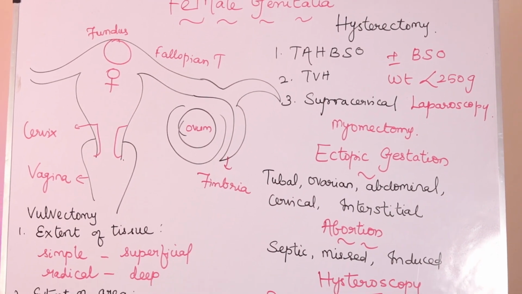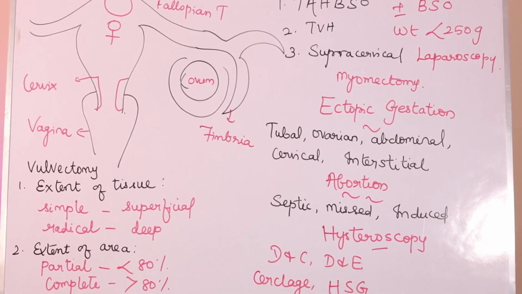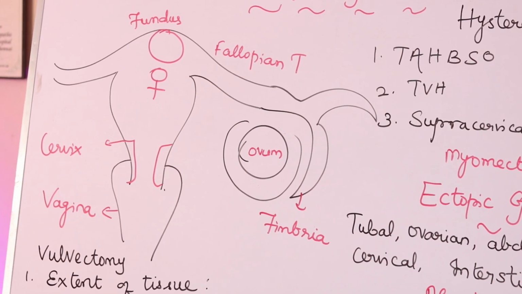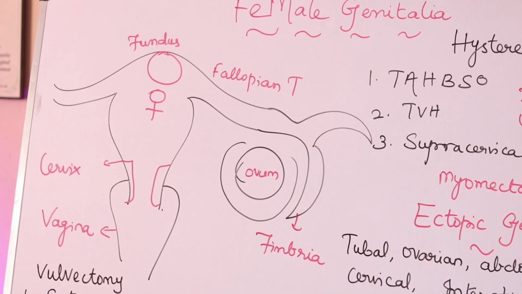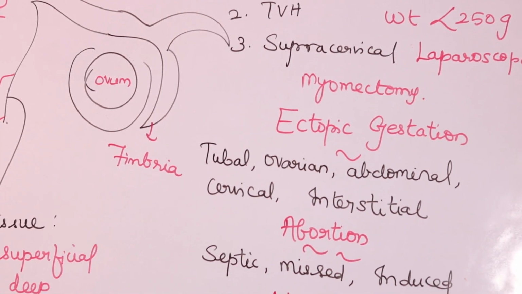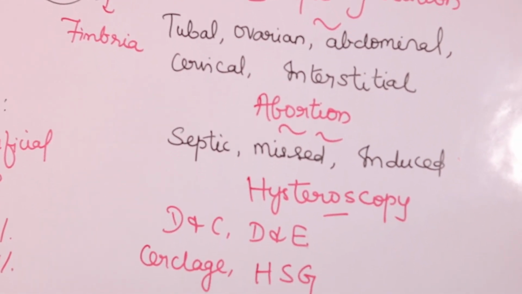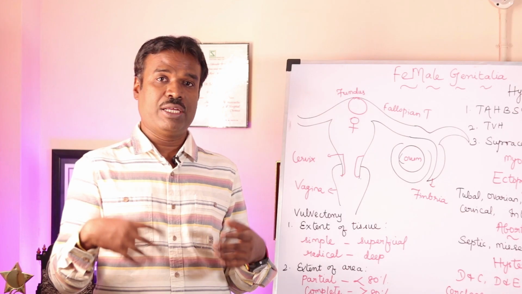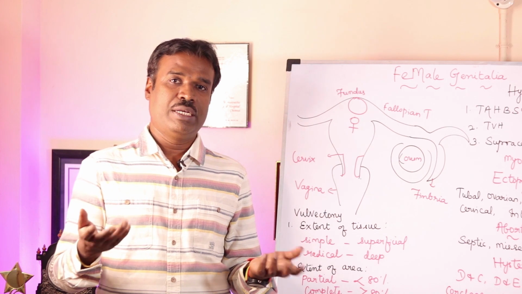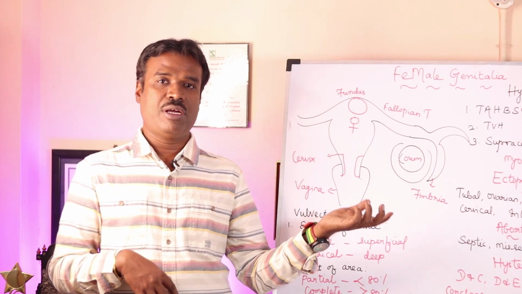Next comes abortion. What is abortion? Abortion is a premature termination of pregnancy even before the viability of the fetus is reached. So what happens after 7 months? Products of conception should have a normal delivery, but when the physician or nature naturally disturbs these products of conception, then we call that an abortion.